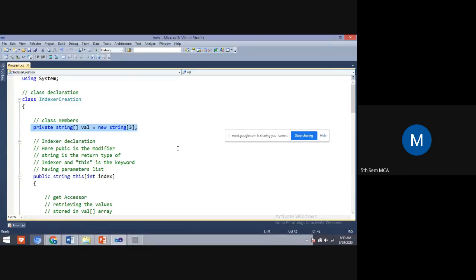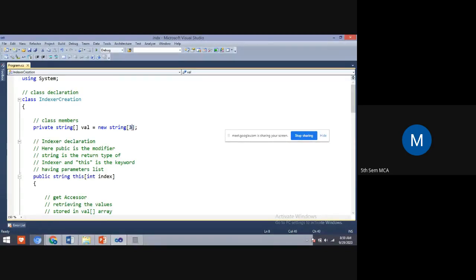Do you remember dynamic arrays? In a dynamic array, we don't specify the size, because during runtime we can give whatever size we want, but the maximum size should not cross this limit. We have seen this in the lab program also.